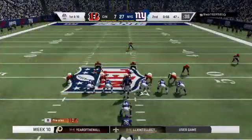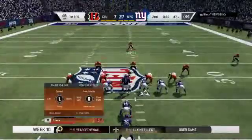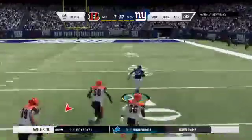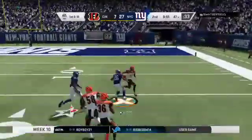The Giants offense at the line, ready to begin their next drive. They had to go a long way on their last drive to score the touchdown. This time they get at least a little bit more of a cushion with field position. I have to think that with this field position...